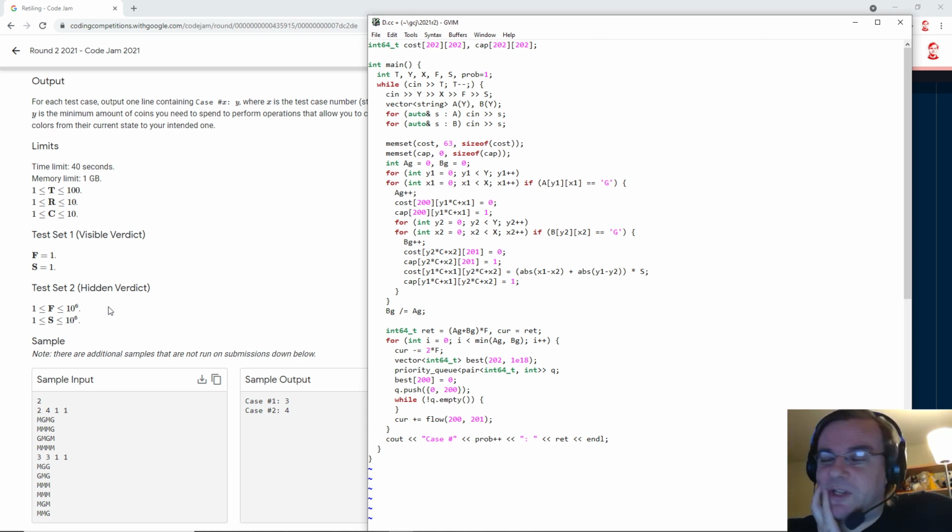I mean, these limits are small enough you can just run the full min cost bipartite match for every n from 1 up to AG BG. Well, that's a lapse in my library.